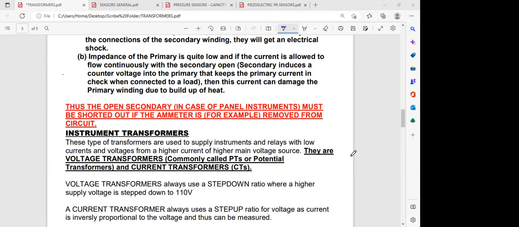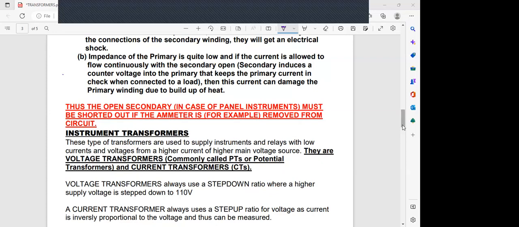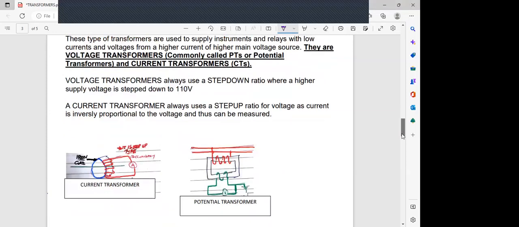Okay, so we spoke about those transformers that are supplying those particular instruments, and therefore they are called instrument transformers. They are voltage transformers and they are current transformers. Voltage transformers are generally stepped down. So you're going to have your potential transformer in this manner. It is taken from your bus bar. Sometimes directly it is wound from your bus bar and you're having it as a step down over here to your